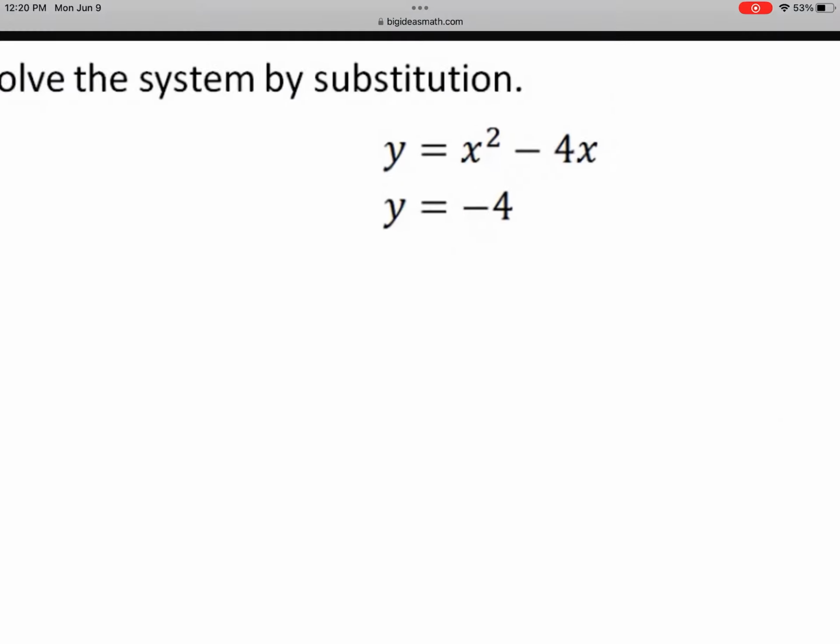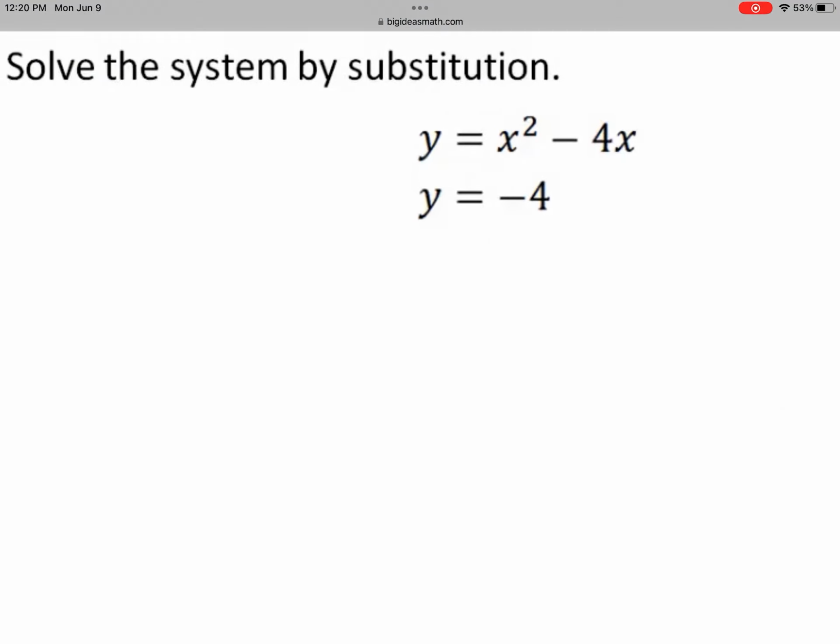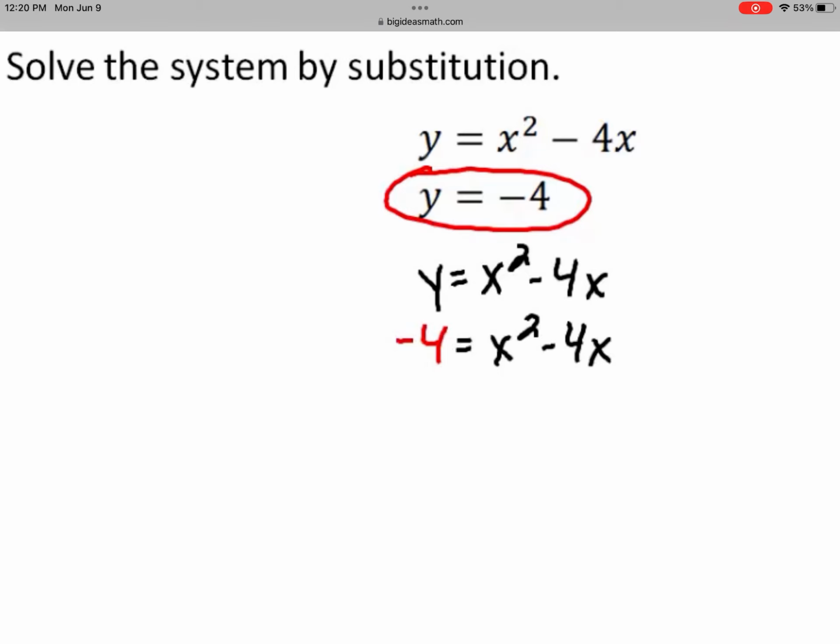Solve the system by substitution. y equals x squared minus 4x, and y equals negative 4. The equations are already solved for y. Begin by substituting negative 4 for y in y equals x squared minus 4x, giving you negative 4 equals x